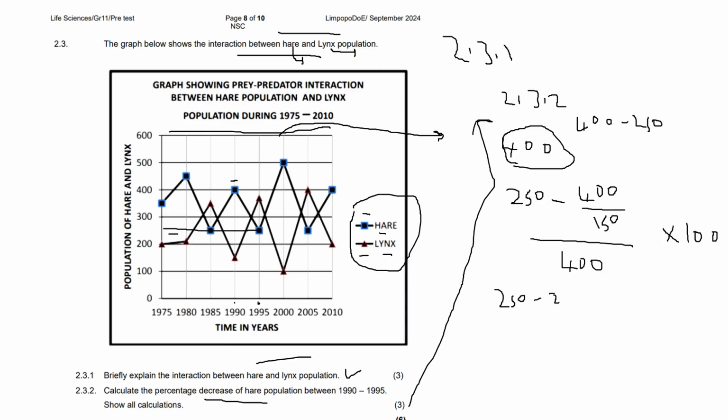I'll put it as 2,67, and then I'll divide that whole thing by 400, and then multiply that by 100. Let's just save time and do the whole thing once: 250 minus 2,67 divided by 400